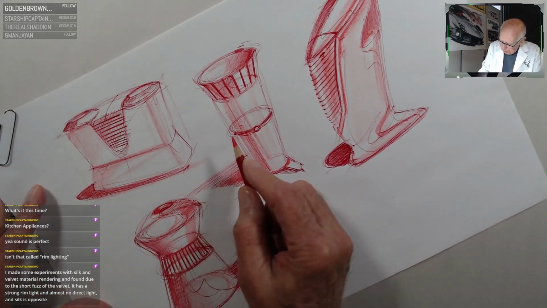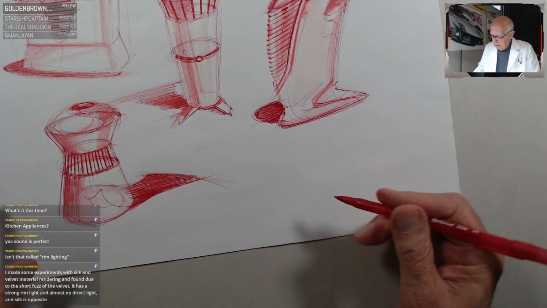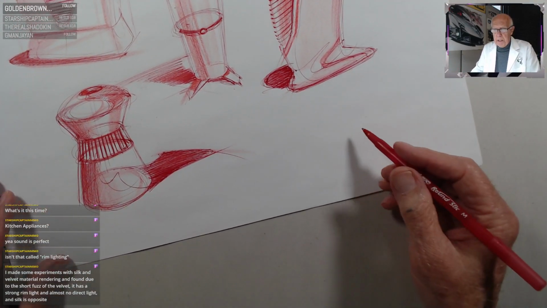Let's get a little reinforcement here. And one more time here. Let's go back the other way. It's going to develop something that's